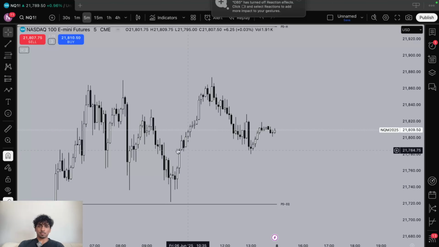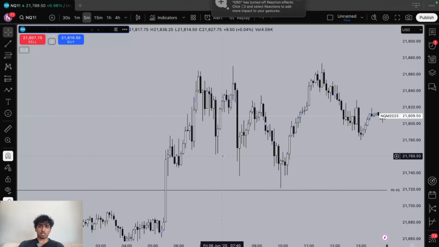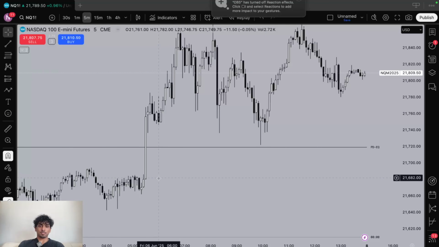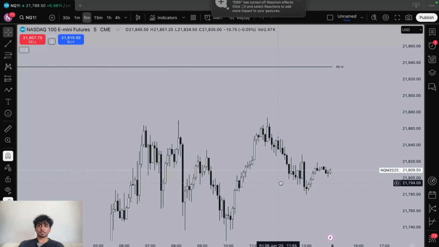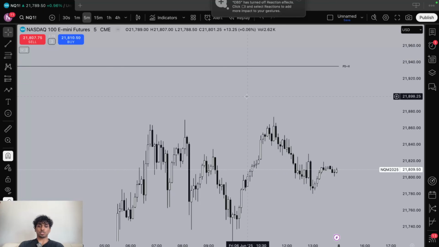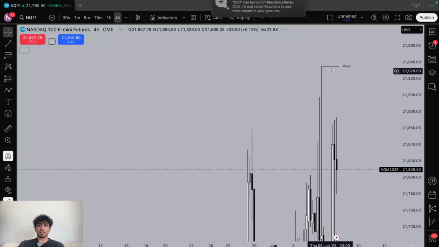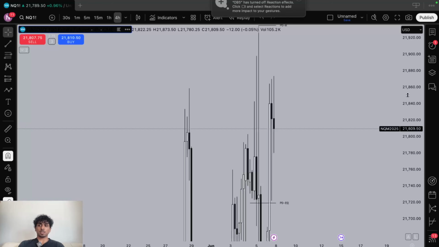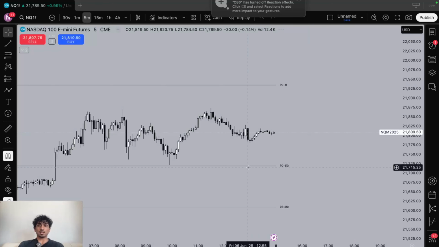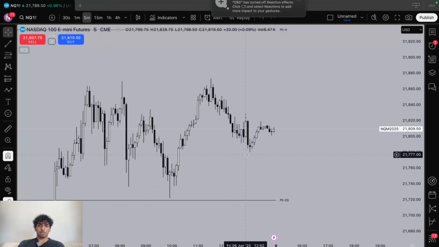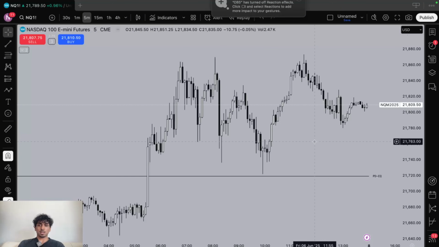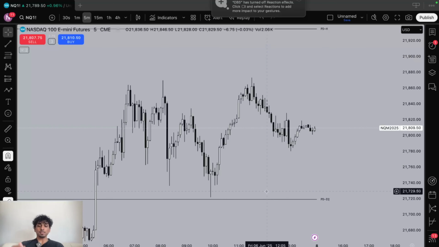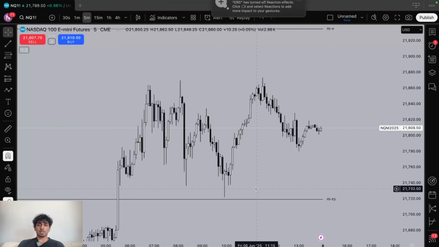This was NQ's price action, right? It's not really that great. I thought we were gonna go to previous day high right here. That was the first draw, right? I thought we were gonna go and take that out today, but price just ended up not really moving that well. So I stayed out today. I already caught my winning trade in Asia session. And yeah, that's basically the trade